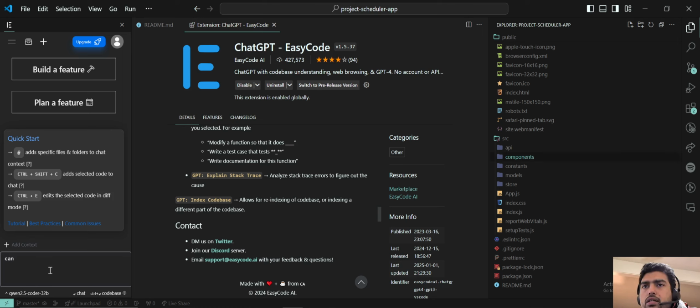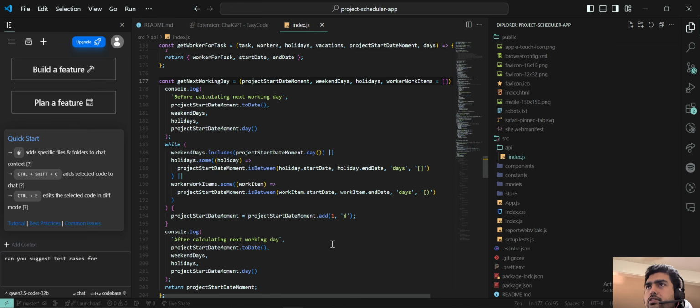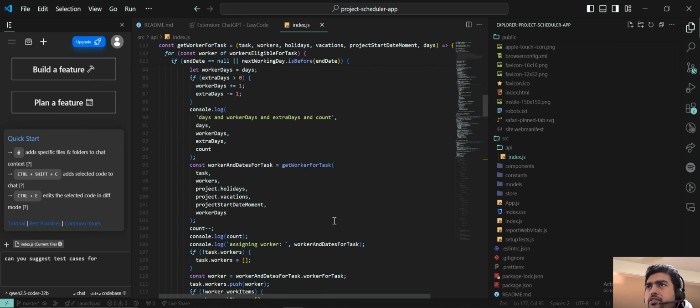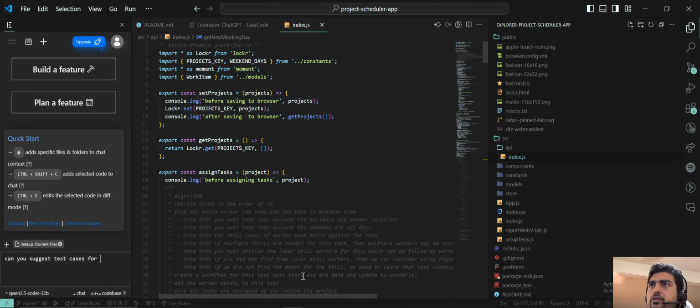Can you suggest test cases for, and let's see, if I have a function, a very small one for which I want to add a unit test case. Maybe, yeah, test cases for